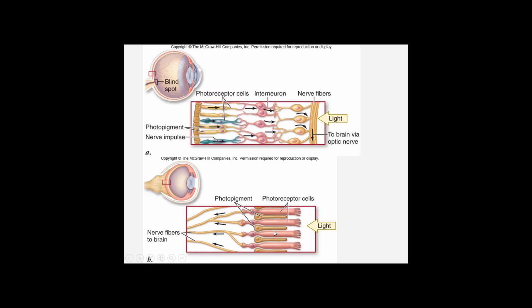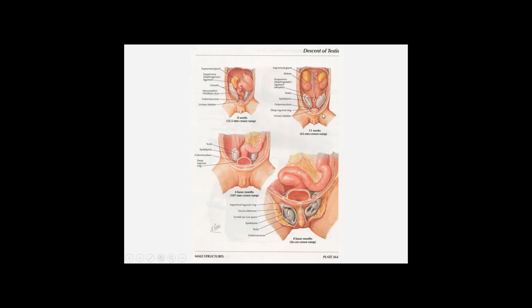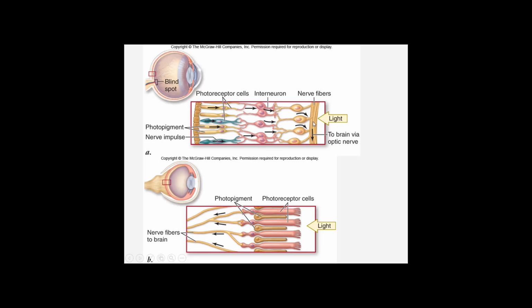The mollusci seemingly is a much better design, if you will. For light to reach our photoreceptor cells, it has to go back to the retina. So here's where the retina is, and this is kind of a blown up view of the retina. It has to pass through the nerve fibers and interneurons to get to the photoreceptor cells. Then that information has to be sent forward to nerve fibers to this, where the optic nerve goes back to